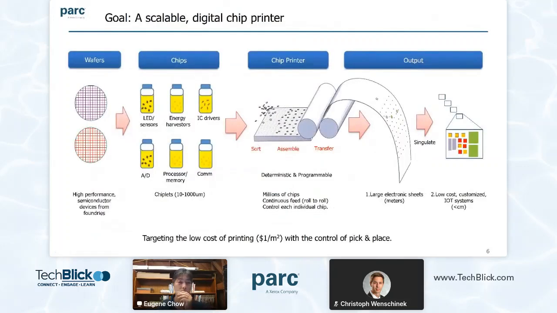So the basic vision is this: can we develop a process which takes wafers and high-performance semiconductor die from different foundries, and we don't want special processing. We want to be able to put them into